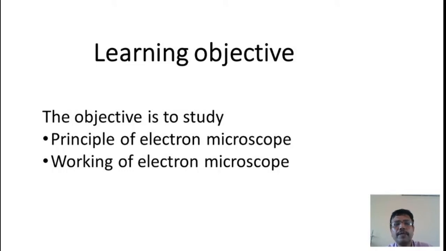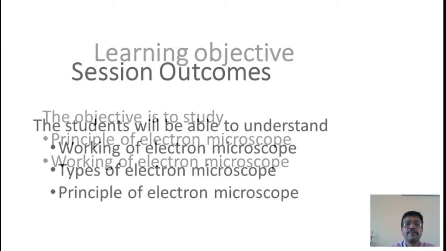Now, what is the main advantage of the electron microscope? The electron microscope works on the principle of the wave nature of the electron. Not only that, it has very high resolution. It produces a resolving power 10 power 5 times more when compared with an optical microscope, an ordinary microscope or a light microscope. Then what is the principle involved in the case of the electron microscope?